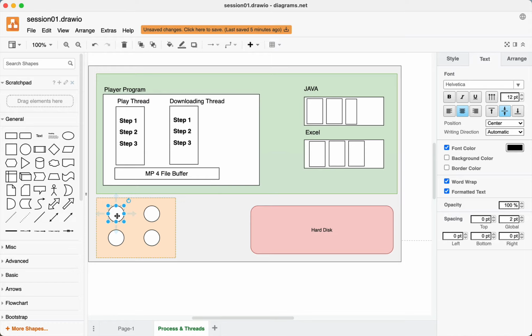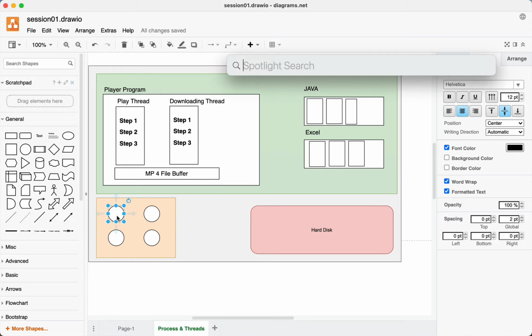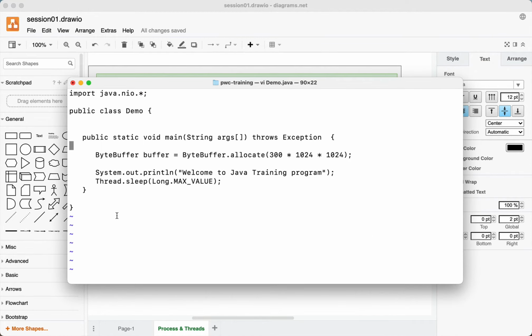So interesting stuff, friends. Now I will take you back to the point here, and then I will take a pause, and if you have any questions, you can ask them. Please see this program that I have written. Simple, don't worry about how it behaves. I grab some memory, 300 MB, and I put it into some data structure. I say system.out.println, and I put my program to sleep for a long period of time.